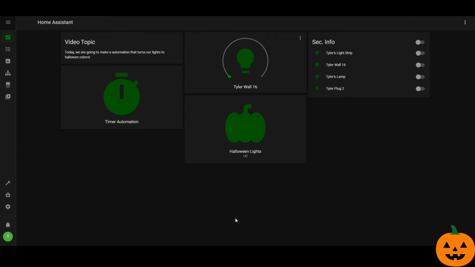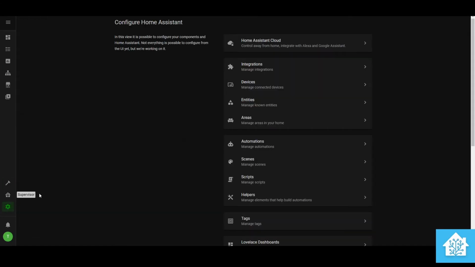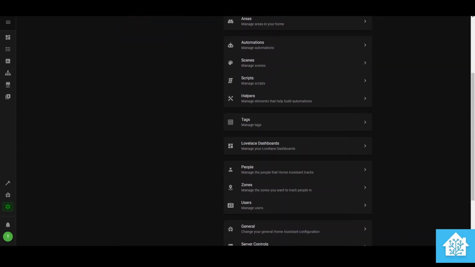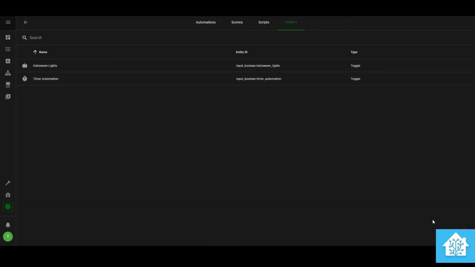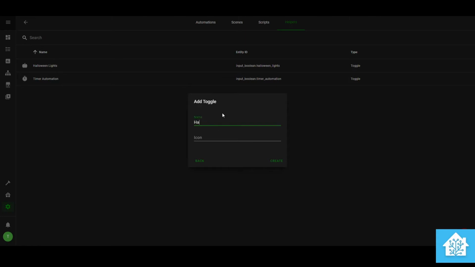So, let's get straight into it. If we head into Node-RED, I've already started out by renaming the first tab to be called Halloween. We're first going to start off by creating a new Boolean, and that's by going into configuration up over here and going into helpers. Once you do that, you're going to want to create a new toggle. I'm going to call it Halloween